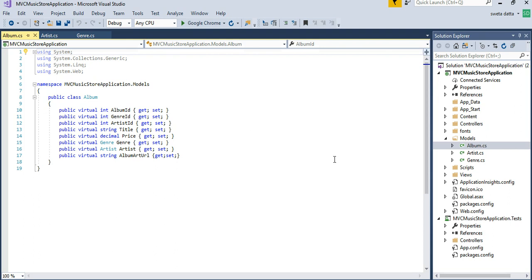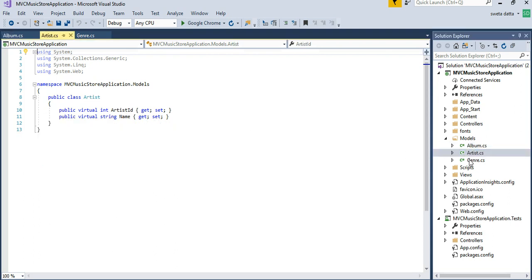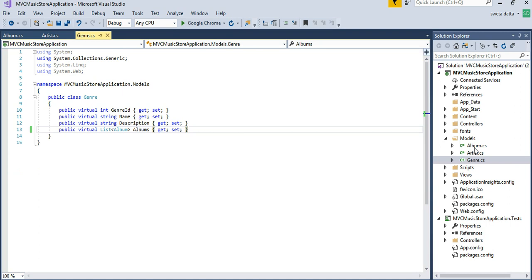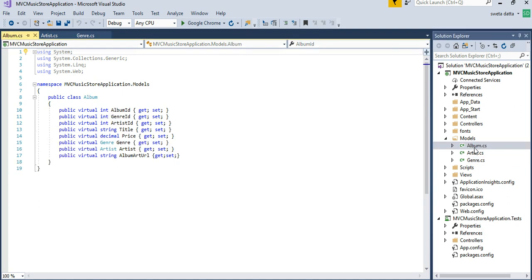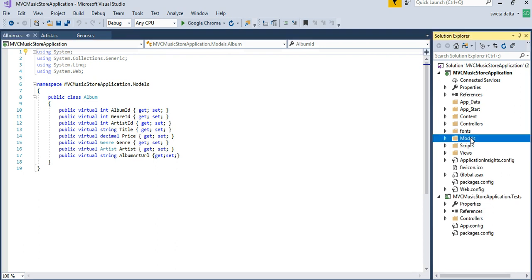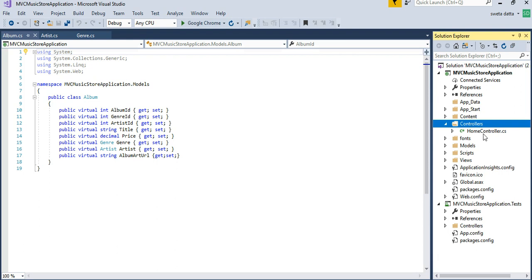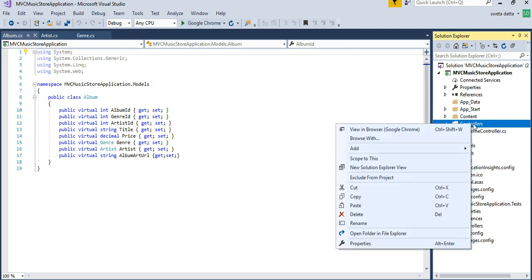So all we have done is we have added three new CS files, just a class, okay, that has the definition of how we want our table to look like. That is all we have done. So let's go to controllers. We just have the one controller, the home controller. We are going to say,